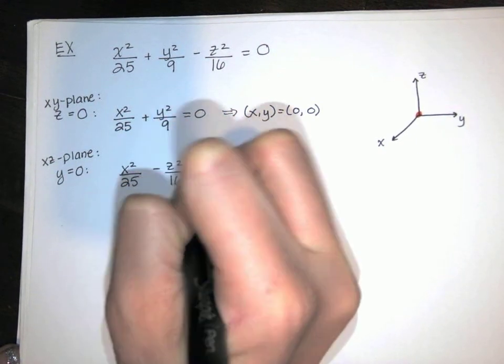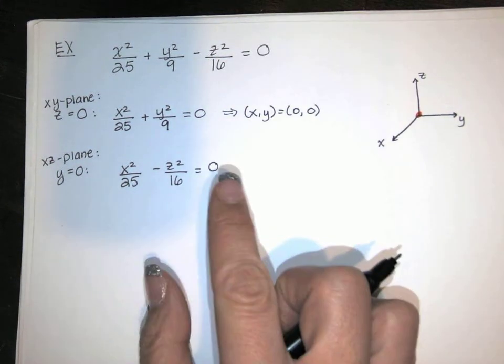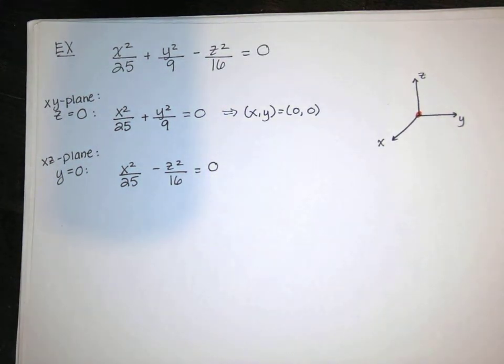Now this looks a lot like a hyperbola, but it's not a hyperbola because we've got a 0 on the right-hand side. So it's not exactly the same, even though it looks like the hyperbola. It's that 0 makes it very different. Now at this point, we can do whatever we want to solve